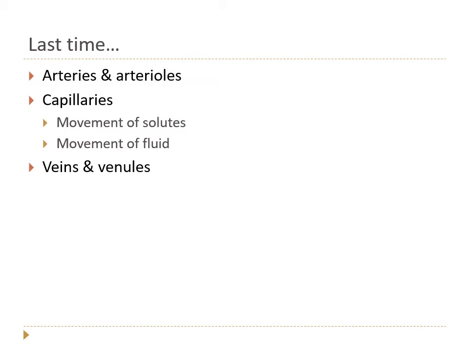We also talked about how fluid, water primarily, also moves out of the bloodstream and then back in as a result of two different types of pressures. Hydrostatic pressure, which is just the pressure of the fluid inside the blood vessel walls, which tends to be high toward the arterial end of the capillary bed, and then osmotic pressure, which is the pressure of the dissolved solutes that will make water tend to move inward. As fluid gets moved outward at the beginning part of the capillary bed, that increases the concentration of the solute, so by the time we get toward the venous end of the capillary bed, osmotic pressure is high and pulls